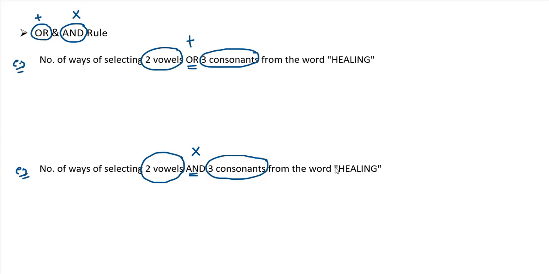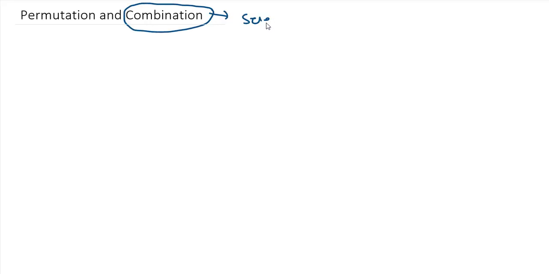How to solve these two problems? We'll come back to it. Let us first understand the concepts of permutation and combination now. So what is permutation and what is combination? Combination basically is the number of ways of selecting things, or it is a selection technique,